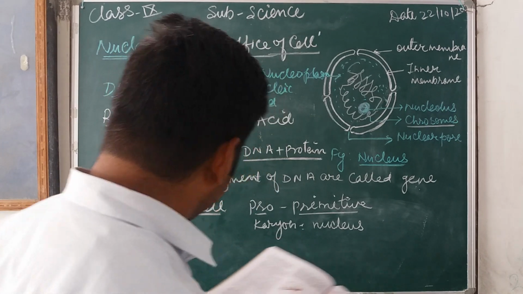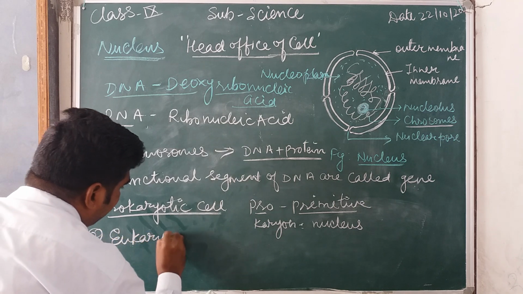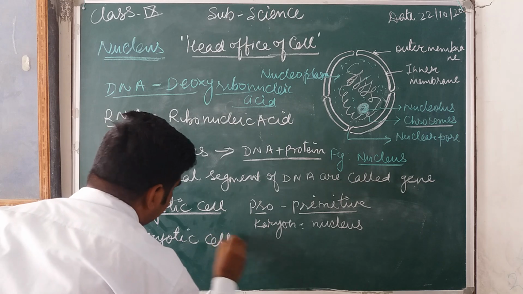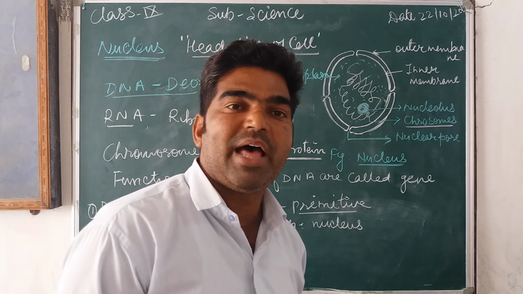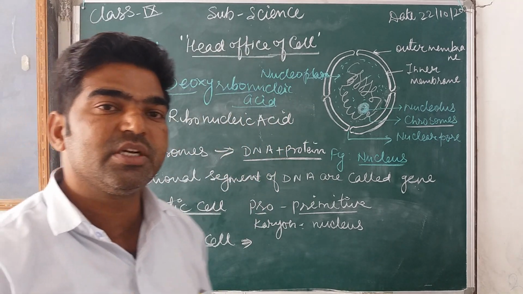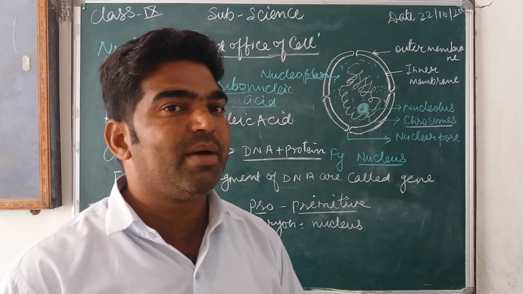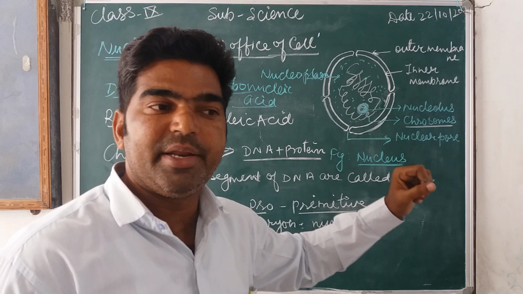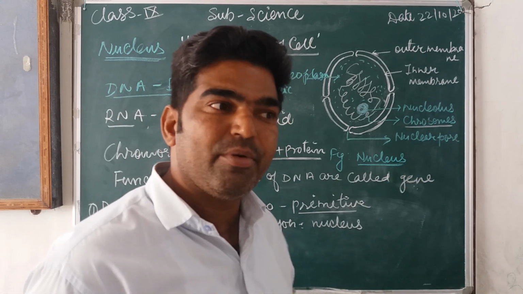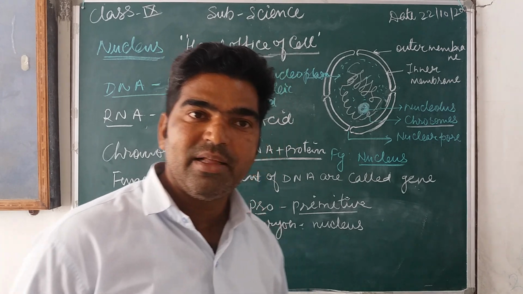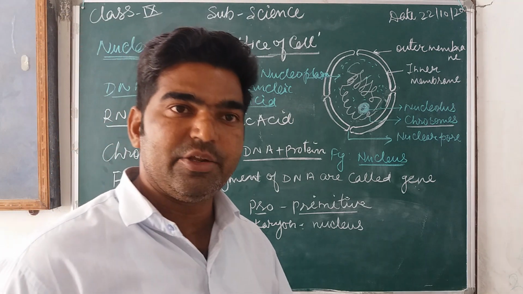So next, that is eukaryotic. Eukaryotic cell means some advanced or developed or multicellular organisms in which the cell has a well defined nucleus, or the nucleus is surrounded by a double layer nuclear membrane, or you can say that the nucleus is in a well developed form. That type of cell is called a eukaryotic cell, and organisms whose body is composed of this type of cell are called eukaryotes.